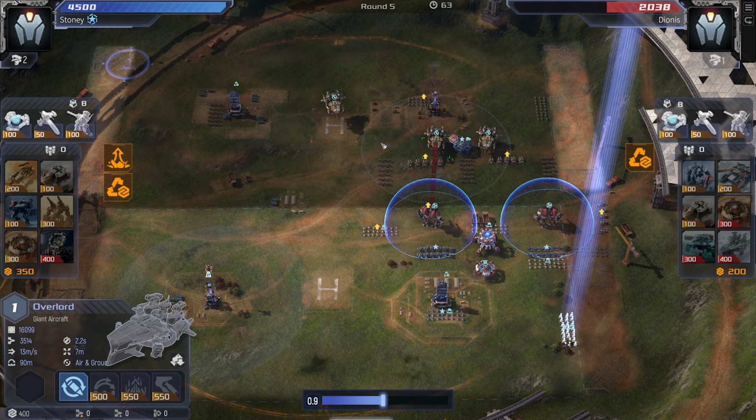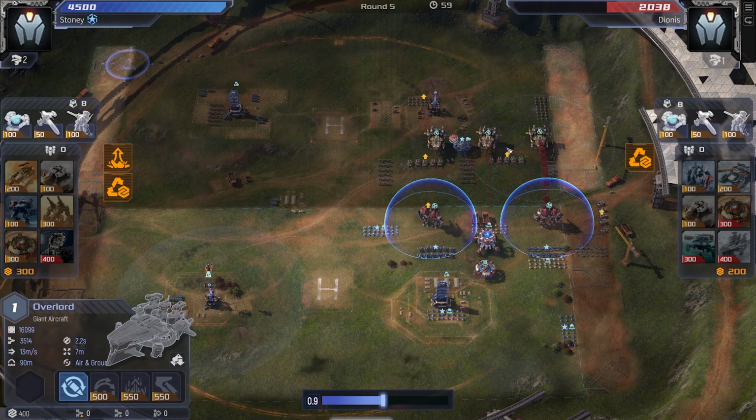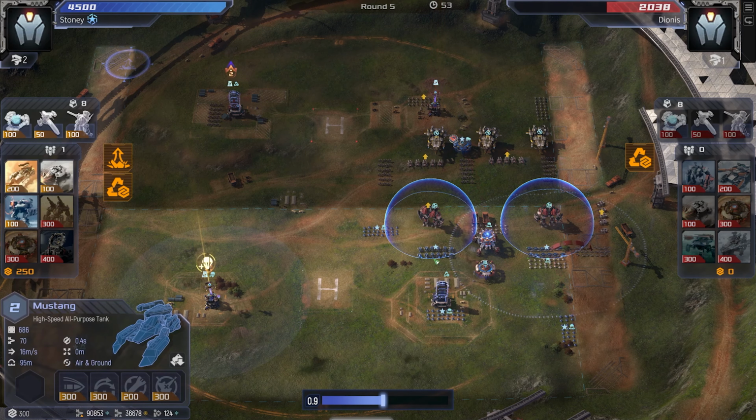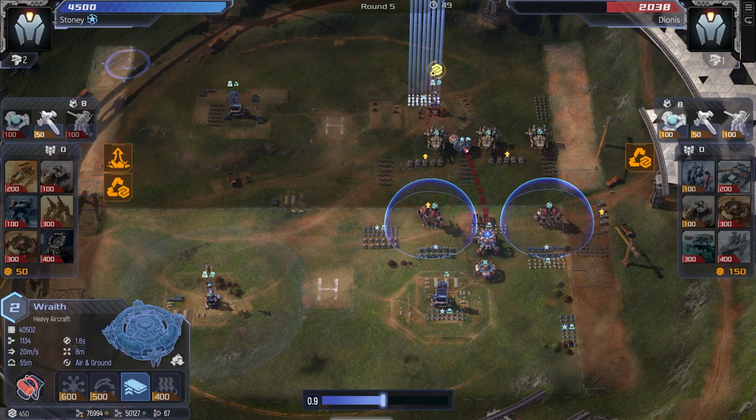I realized I needed some serious anti-air, so I brought in a melting point that deals with these larger units. And it was just in time because he just purchased armor for the Wraith, which makes my Mustang's guns shoot water when it hits the Wraith. Right now,